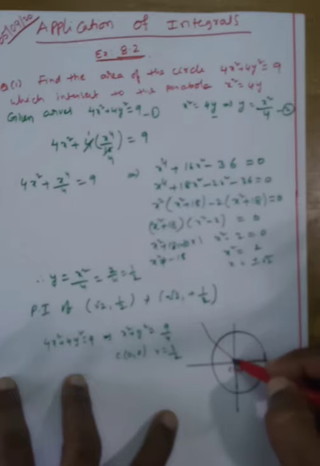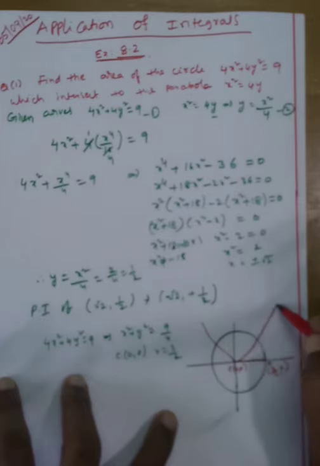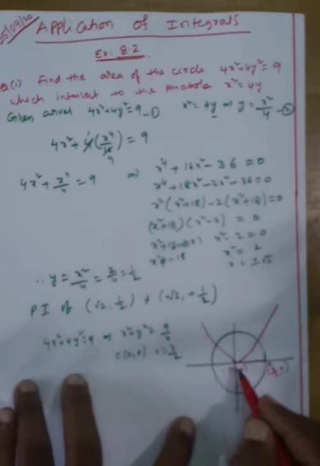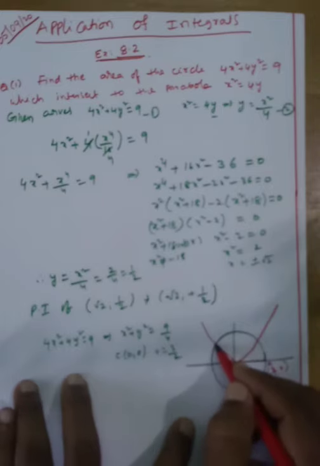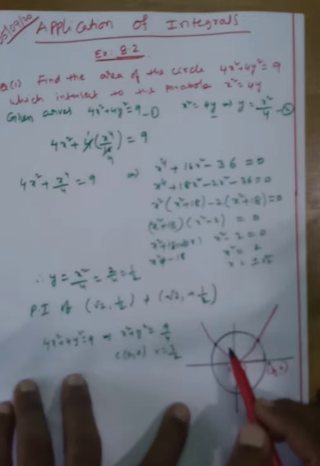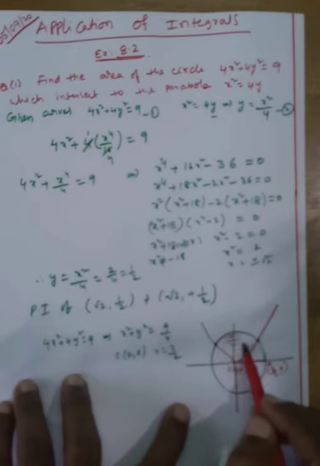x power is even. Okay, my dear students, this way. But suppose what is root 2? This is 0, this point is there. What is this point? This is the first coordinate, this is the second coordinate. This line is possible. You draw this line. Now you will find the area which intersects the value. Now you can find this area only. Upper curve minus lower curve, 100%.